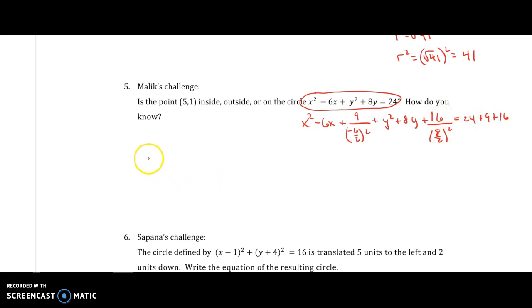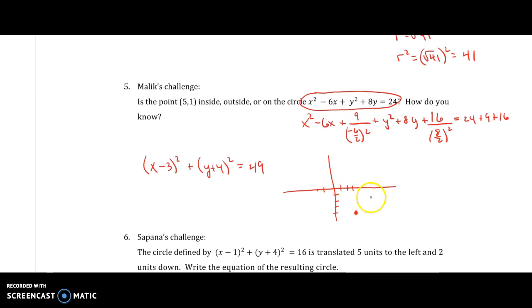So right away, we're going to get (x minus 3) all squared plus (y plus 4) all squared equals 24 plus 9, which is 33, plus 16 is 49. So if I were to graph this circle, I would have (3, -4) as my